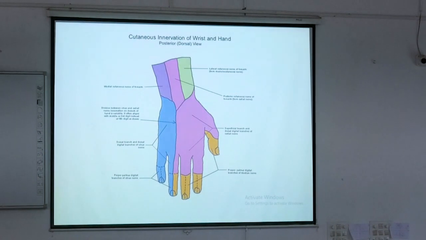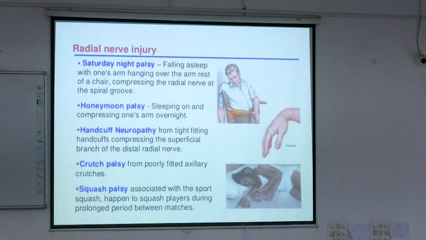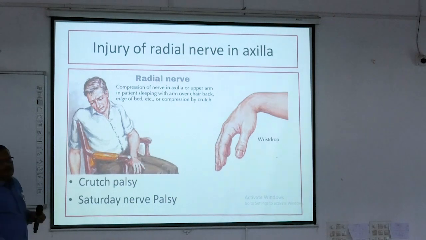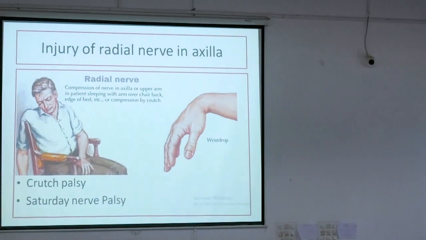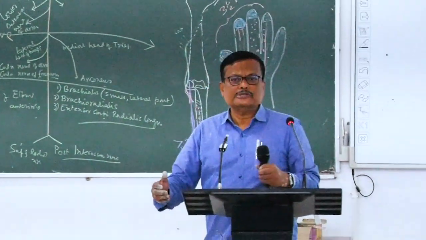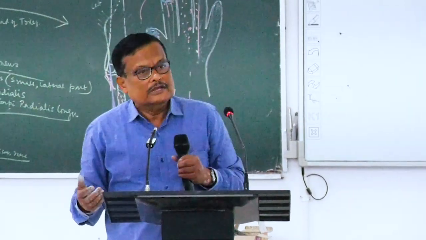This is the radial nerve. এখনো যাচ্ছি না। এবার ইনজুরি অফ দ্য রেডিয়াল নার্ভ কোথায় কোথায় হতে পারে? অ্যাক্সিলা। কিভাবে হবে স্যার? অ্যাক্সিলায় কি করে ইনজুরি হবে? ইয়েস, হতে পারে।